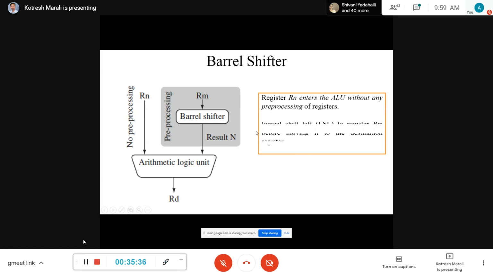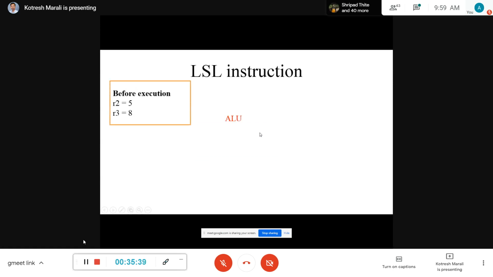Accordingly you can understand the next coming instruction. Now just try to analyze what will be the output here. LSL is the instruction to perform the shift operation within the barrel shifter. We also have LSR for right shift. We also have ROR, rotate right. These are all the operations that are performed within your barrel shifter. The basic operation of the barrel shifter is to perform shift operations.